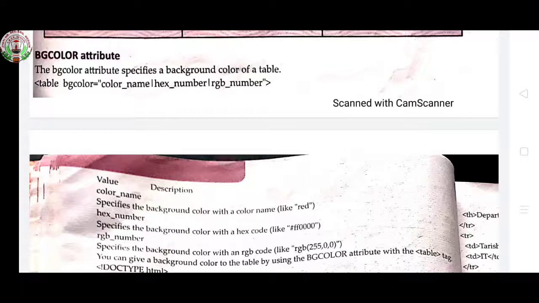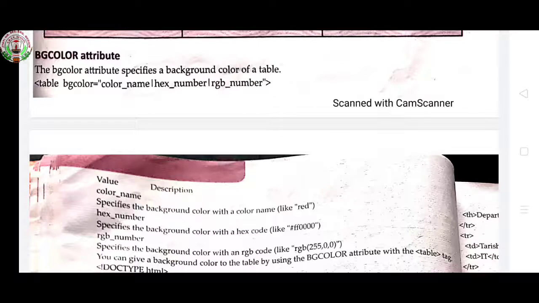If you are taking a hex number, then at that time you have to write code like hash FF0000. That is a color code. RGB number specifies the background color with the RGB code like RGB 255,0,0.